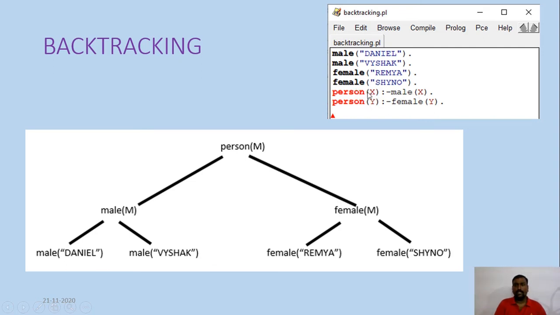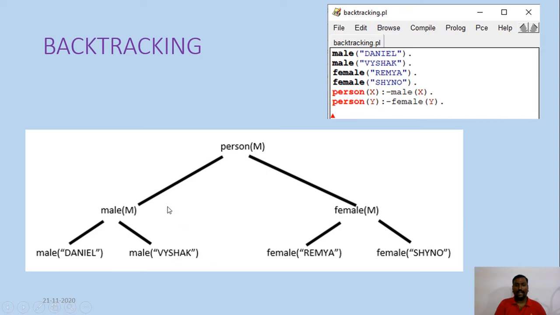So this is the first statement the Prolog interpreter will see. It will construct the tree for male of M, and then it will search for who all are the males in the knowledge base. There are two males, so it will go to male of Daniel, then male of Vaishak. So all the males are printed.